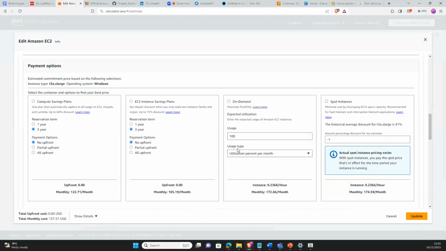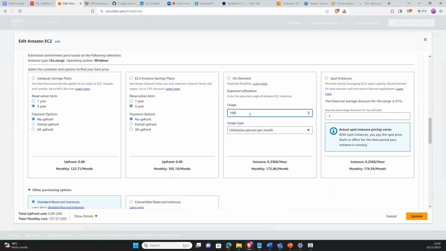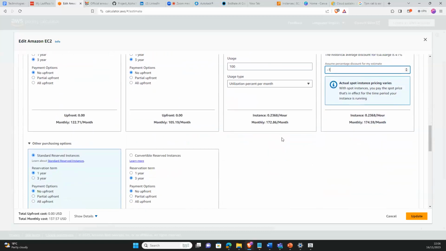So usage type, we see we have hours per day, hours per week and hours per month. So you will be charged based on hours, not seconds. Yeah, you're charged per hour. Okay, yeah, that's where I was actually wondering, because I know there's the pricing where if you use the EC2 instance, let's say for 20 minutes, how do we get charged based on that?